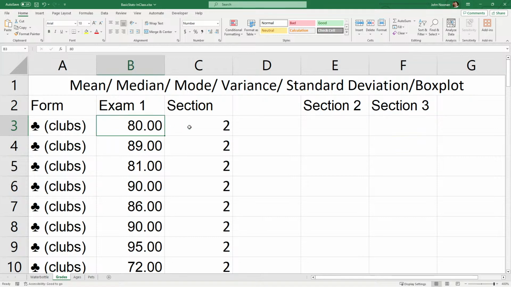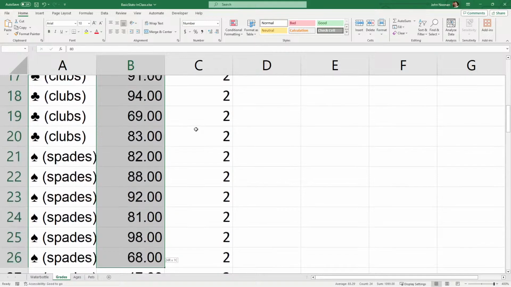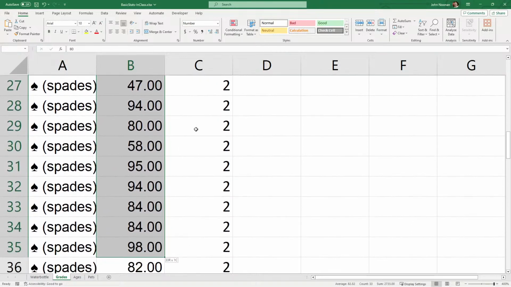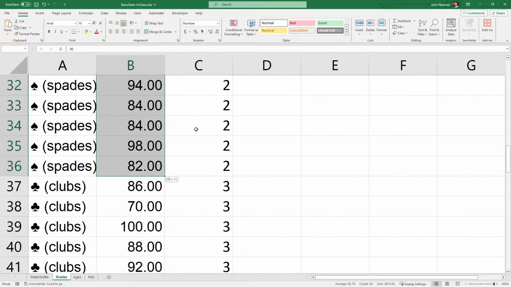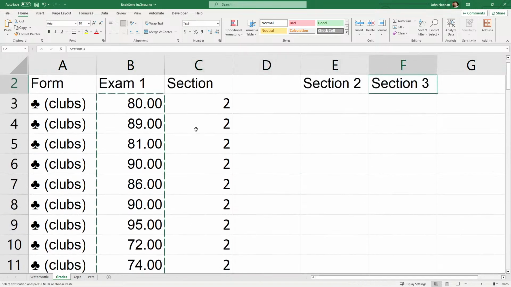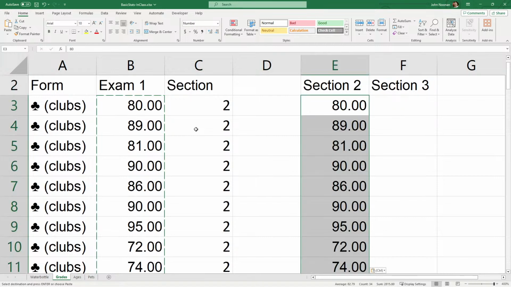Once you've got that, there is a way that we could have Excel sort these grades and put them in the right column, but I don't want to go through the trouble of that because this is such a small data set. Let's just highlight, either with your mouse or, like I just did, holding down the Shift key and going down the column, the grades for Section 2, copy them, and then go over here to Section 2 and paste them.